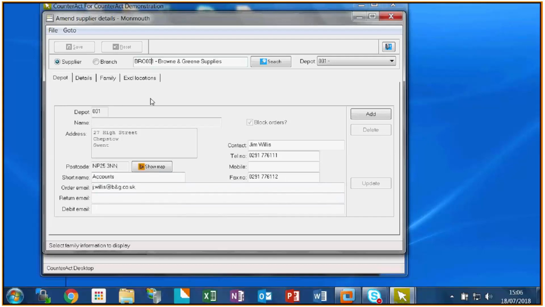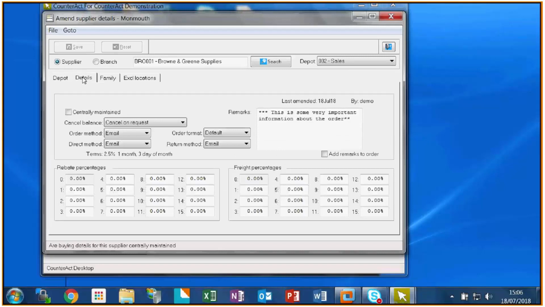And obviously if this is just a non-ordering depot, I'm not really interested in the other information for it on here, so I'm going to choose depot 2, which is where I can order from my different address, my different contact. And moving on to details,